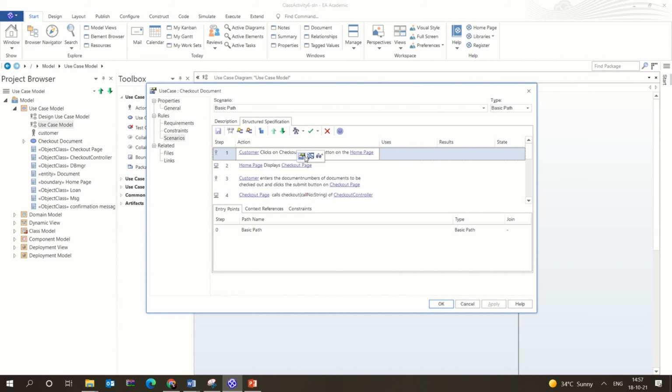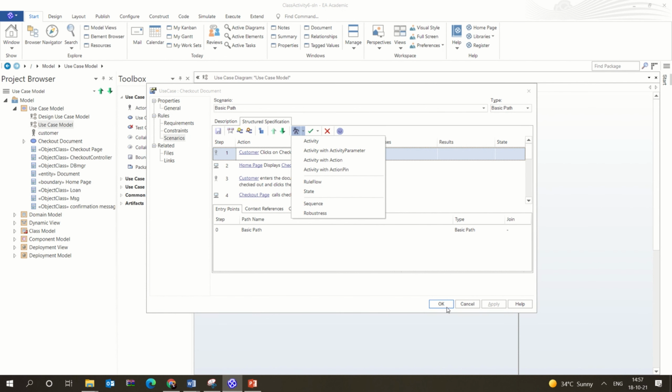And if you want to delete some scenario, you can click on this button. And in order to generate the sequence diagram, I have clicked on this one and selected the sequence diagram. Okay, so if you want to create an activity diagram, you can click on the activity diagram here. So this is how you will do.